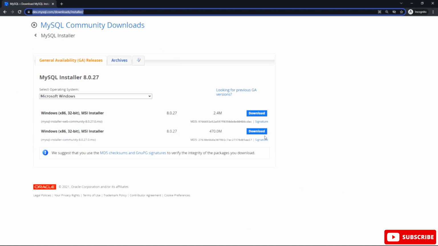And we have two options to download MySQL on our device. To download the MySQL installer, you can select the operating system from here, and after that you can choose any of these two options. Feel free to choose any of them. In this course we will go with this option. Download this small file, and after downloading it, let me show you how to install it locally on our device. Hit download and wait for the download to finish.